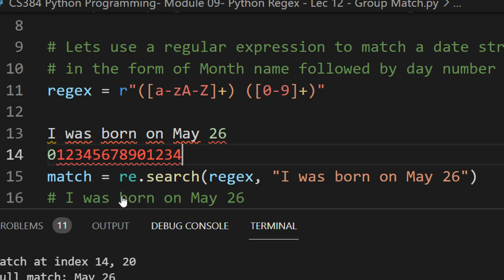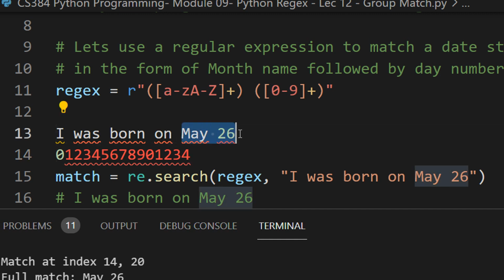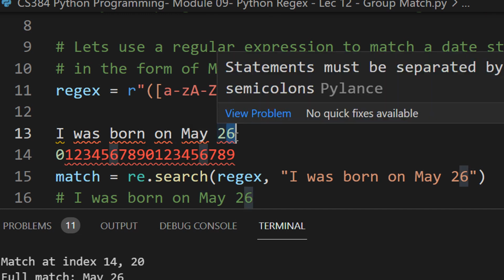So you can see our string matched at May 26. And where did the match end? That means our match occurred on these positions, 14 to 19, because index 14 is M and index 19 is 6.